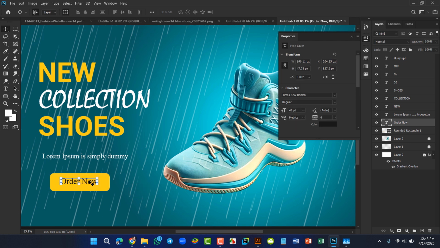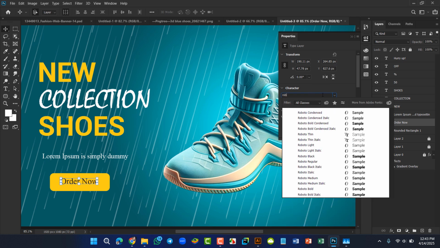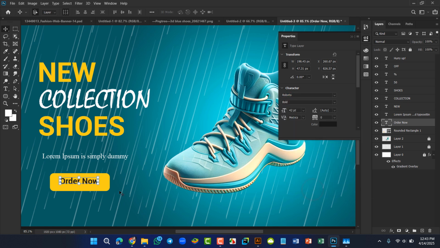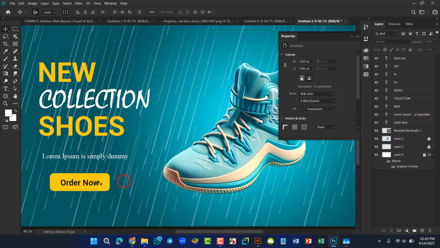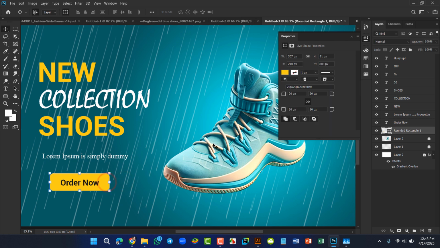and here I will change the font to Roboto, bold, and okay, aligned it. Now here we apply